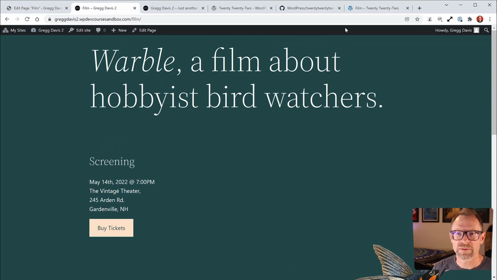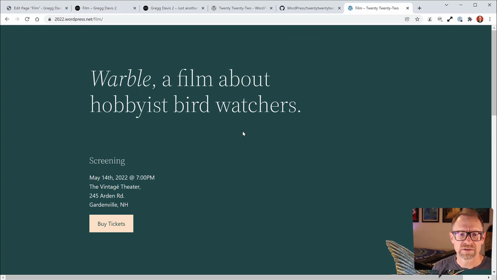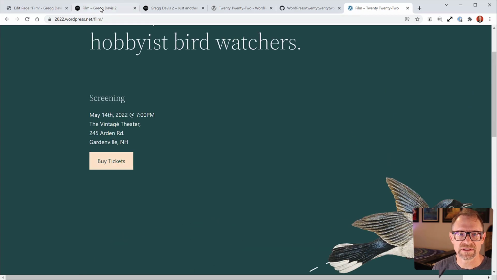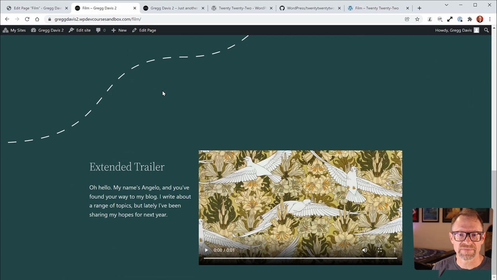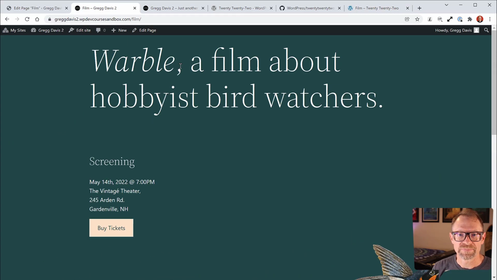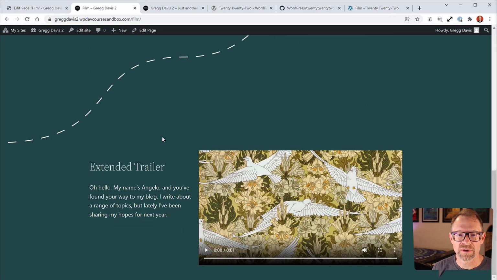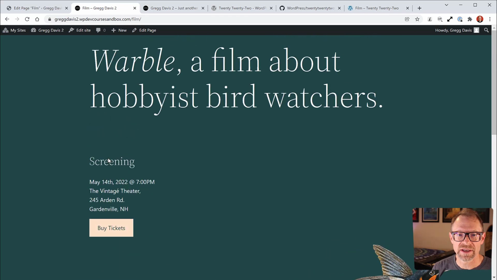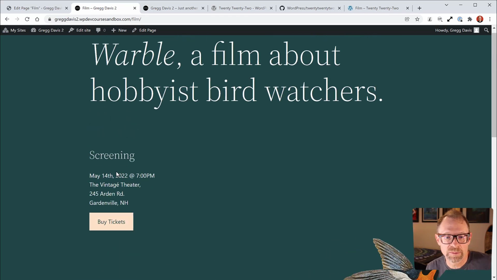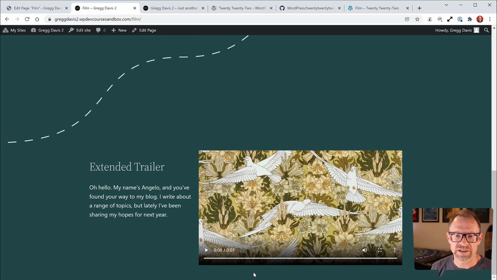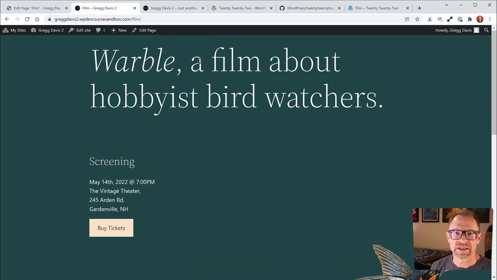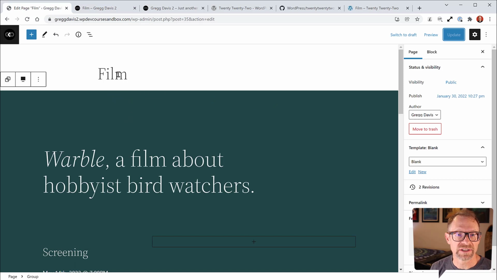All right, we're really getting somewhere. Now, over here, yeah, it's a little different, isn't it? Yeah, I wonder if I want to bring this page design into an entire template. So actually now it's blank, so I have no footer and no header. So I think there might be a different strategy here for this film page. Yeah, let's see about